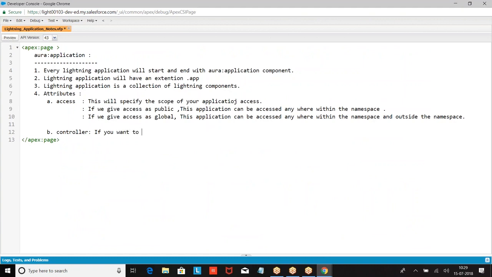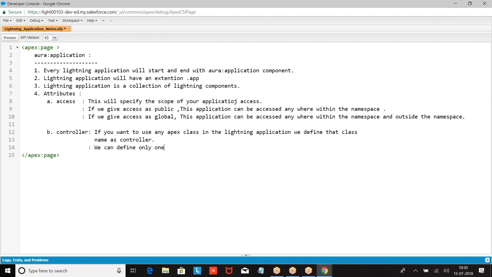If you want to use any Apex class in the Lightning application, we define the class name as controller. We can only define one Apex class as a controller.